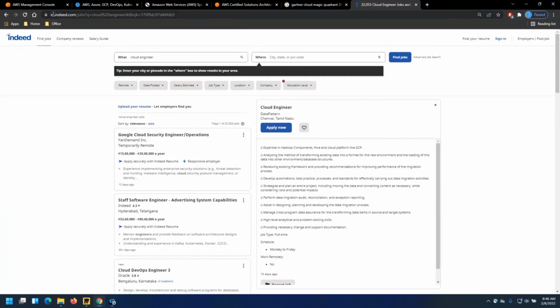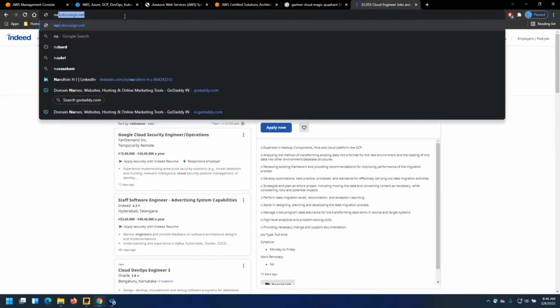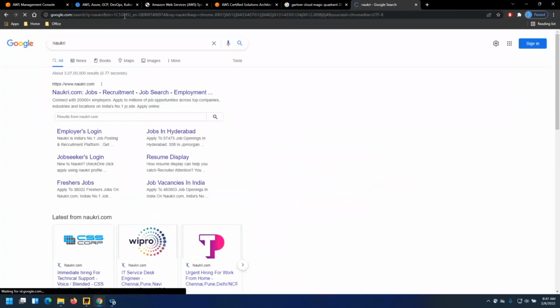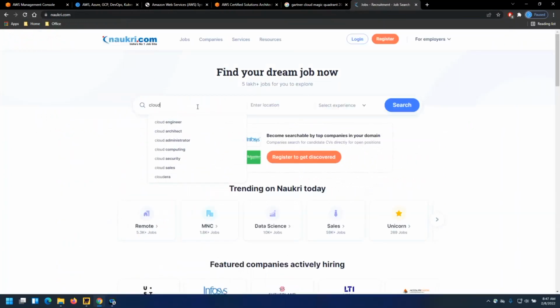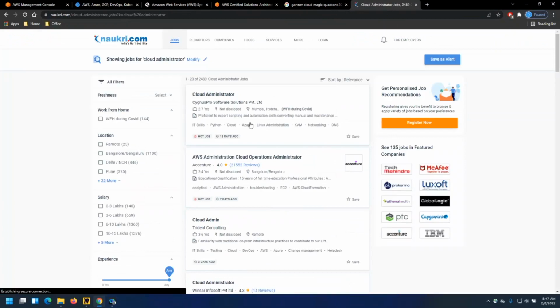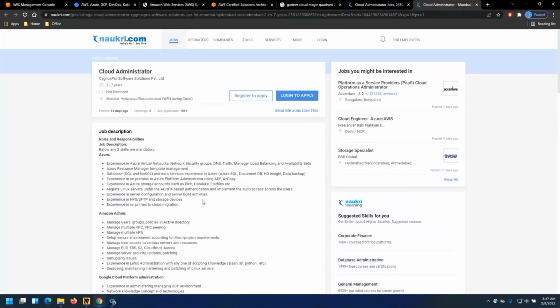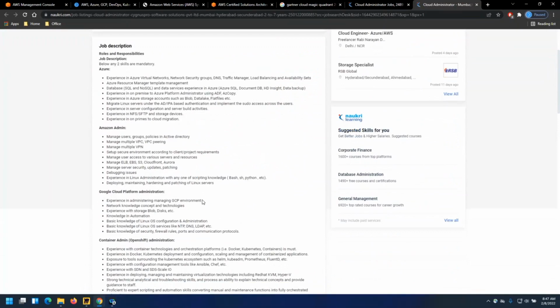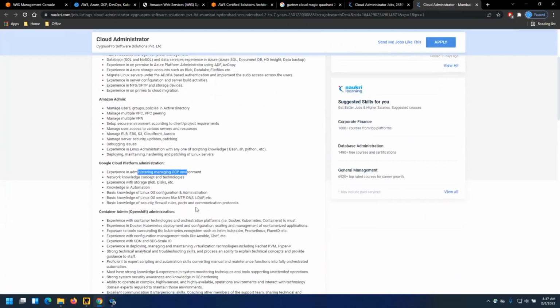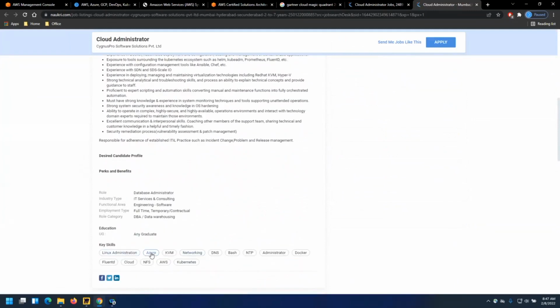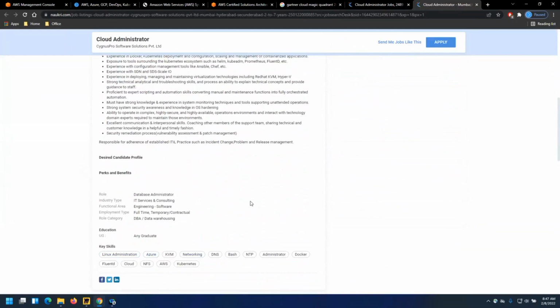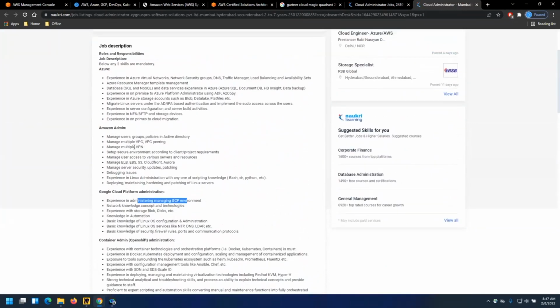Okay in India, right? So let's check in Naukri. Looking for GCP, we mentioned AWS and Azure also as keywords to find the job role.